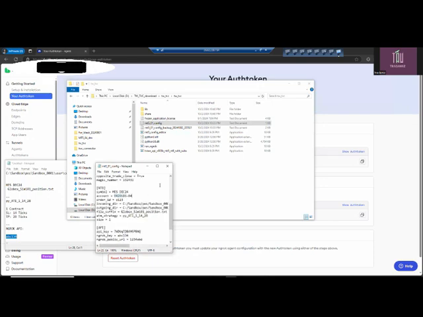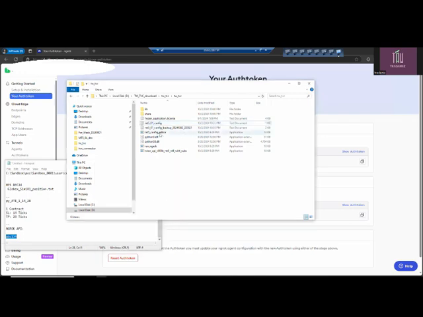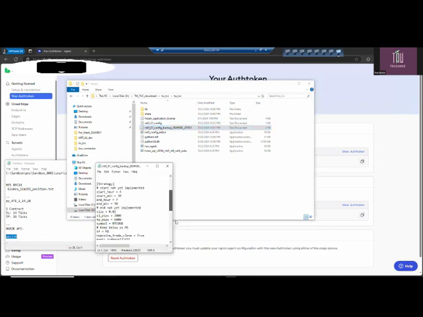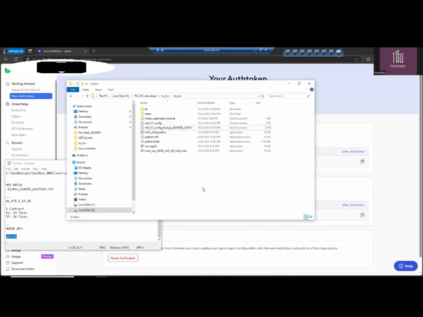Take note that if you're using the editor, it automatically backs up your previous config, so if you want to revert to your previous set files, it will create this backup file. Once these are ready, I will show you the output from this one.